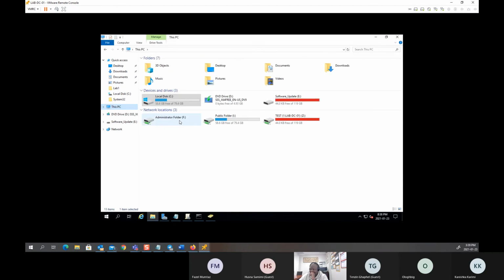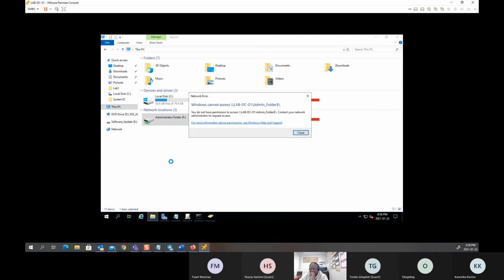We check the folder, we go to This PC. You see it is here, but I can't do anything. You see that it doesn't have a bar. You see what it said? It said you do not have the permission to access this. Can you guys see it? This user is an administrator, but it is not part of that group,